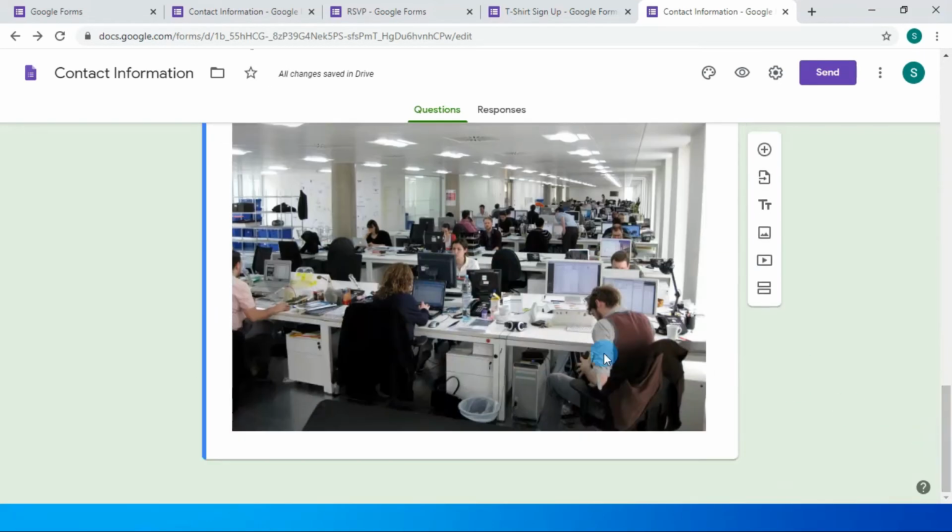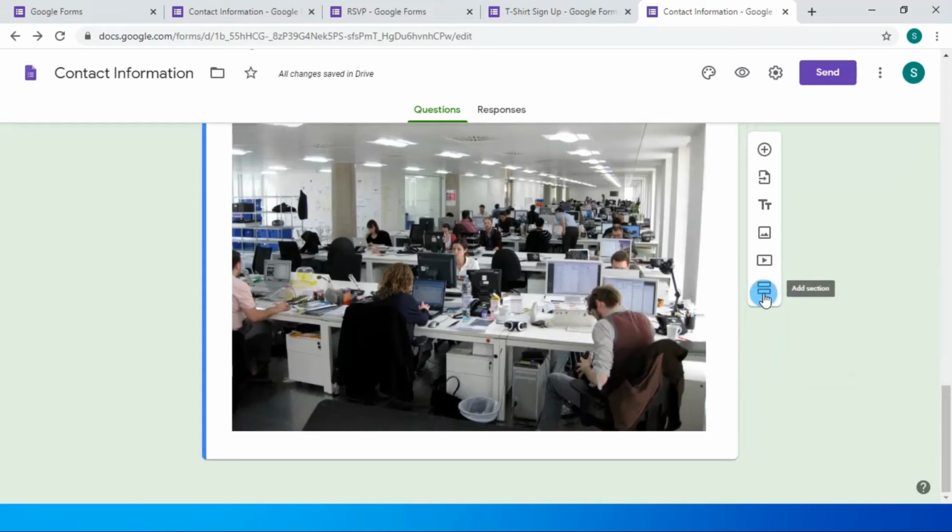So in this way we can add video also. So this is the way we can create our Google form effectively. So we will use this last option, which is add section. This tool is basically to split our forms in two sections. Like if our first section is for personal information, we can add a second section for professional information of the individual.